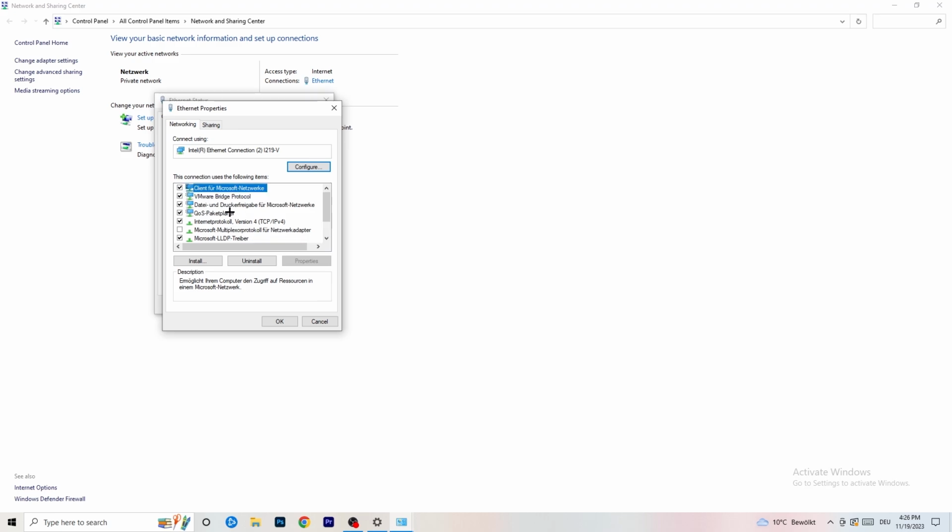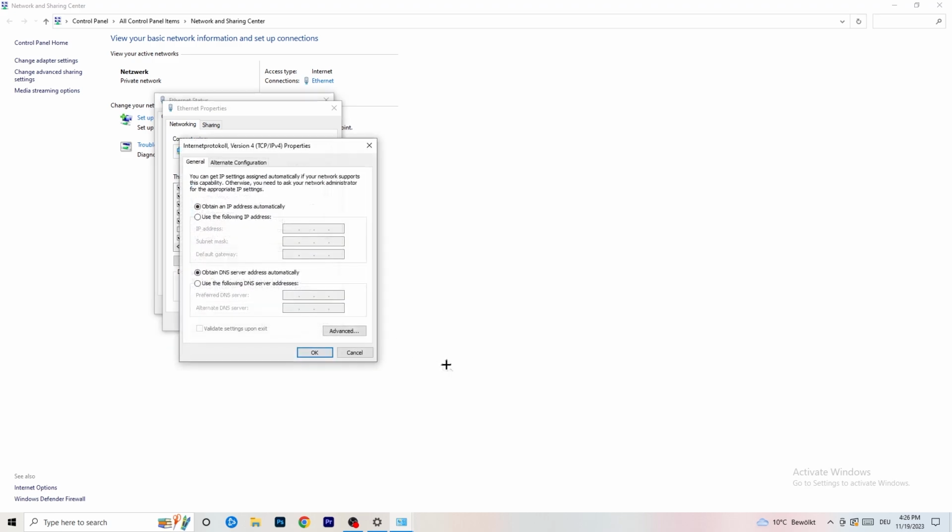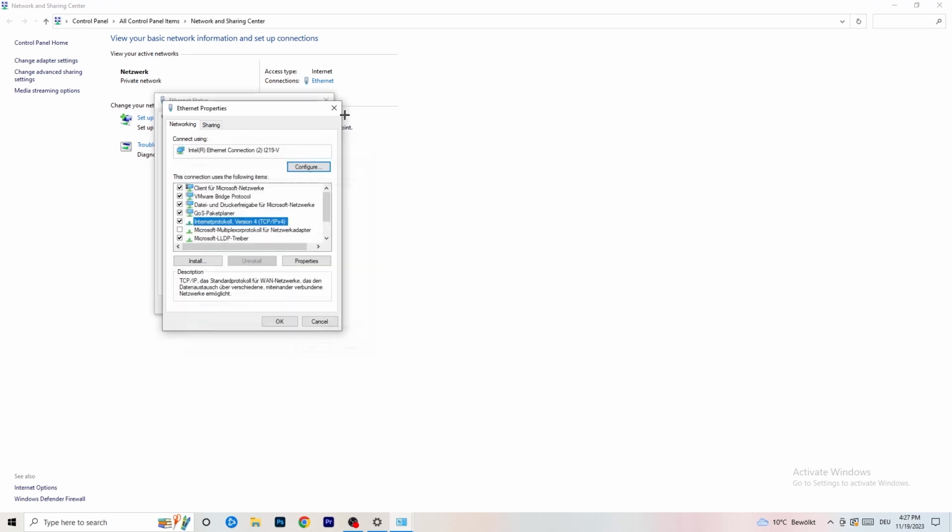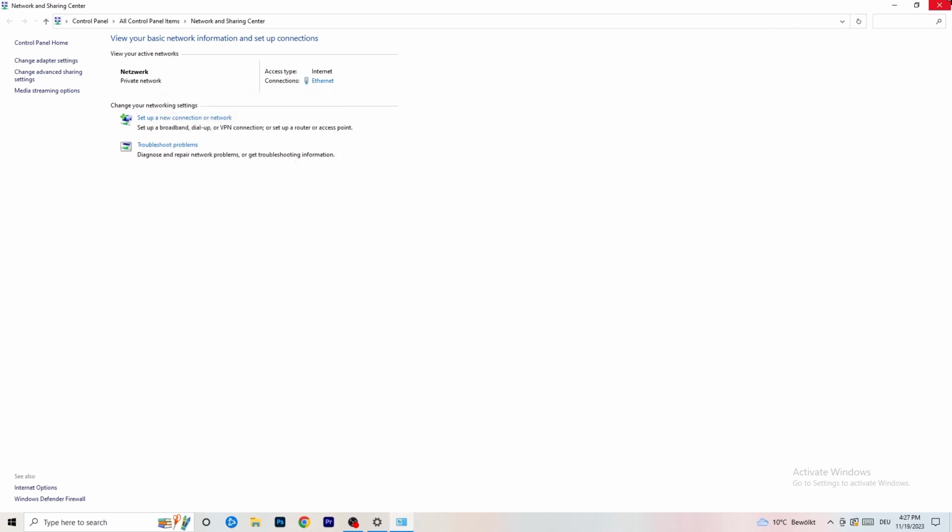And now you want to scroll down to Internet Protocol version 4. And now I want you to go to use the following IP address. And on the IP address, I want you to type in 8.8.8.8, four times 8, on the top here. And on the preferred DNS address, so use the following DNS server address, you need to enable that, of course, to type it in. You need to Google it for yourself. So just Google your DNS server address, and you're going to type in your DNS server address, and afterwards click on apply and OK. So now you can close everything of that. Go back to your